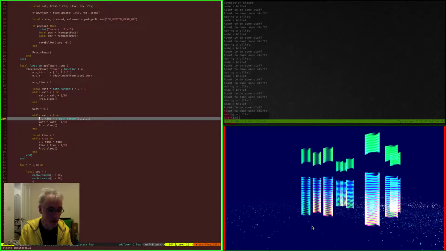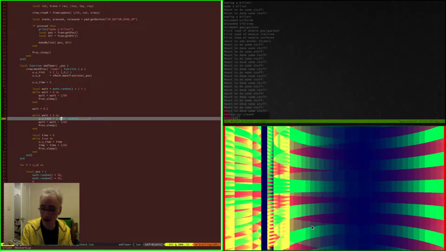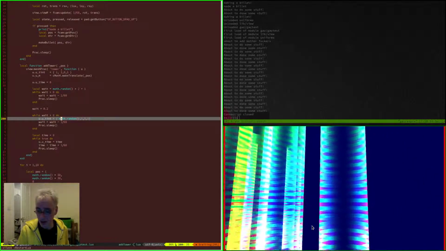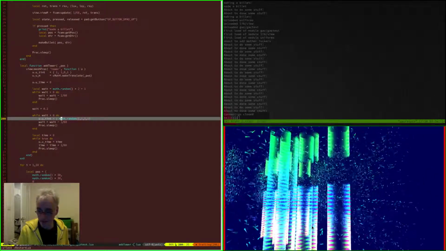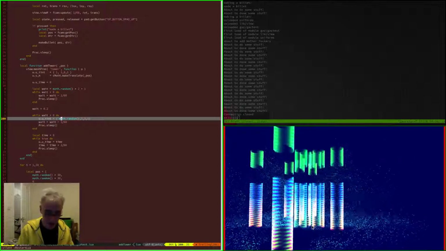So this is pretty awful. Let's change this. So this is a bit where it flashes. They flash just before they explode. There you go. Boom. So if I change that,